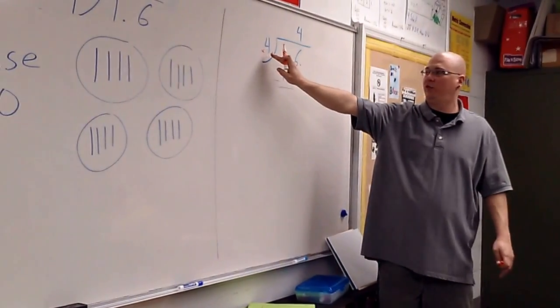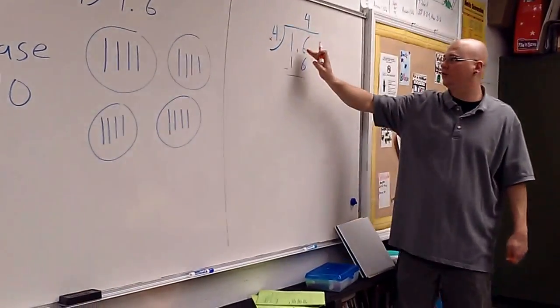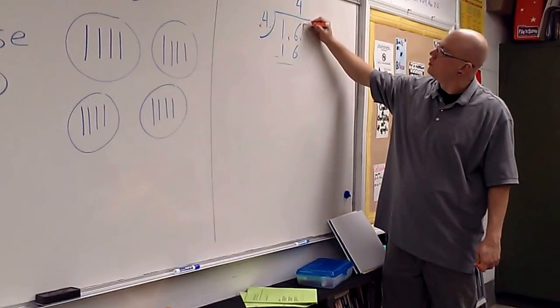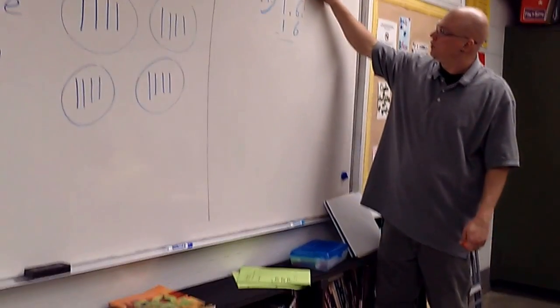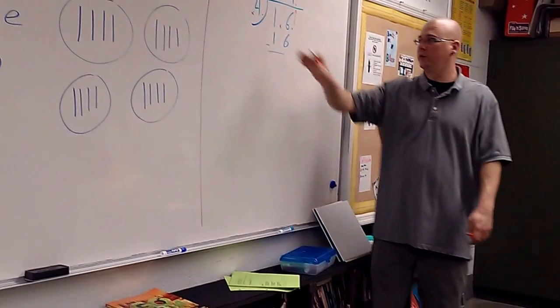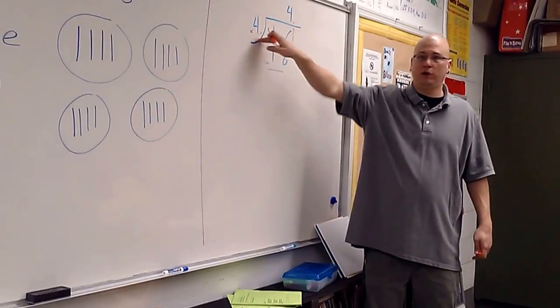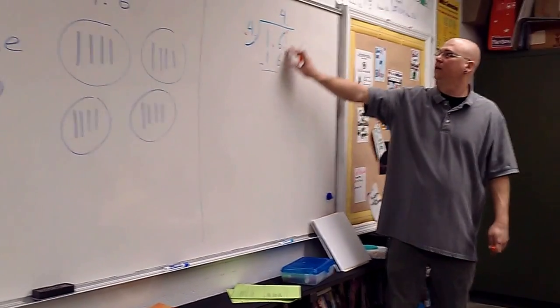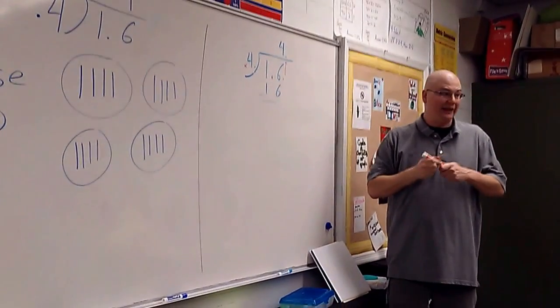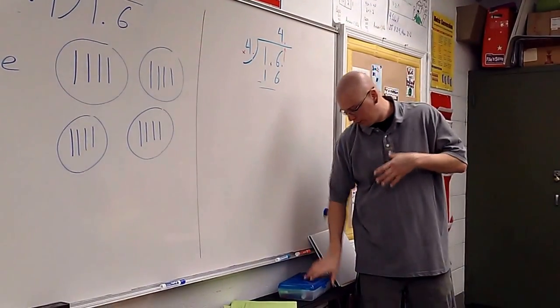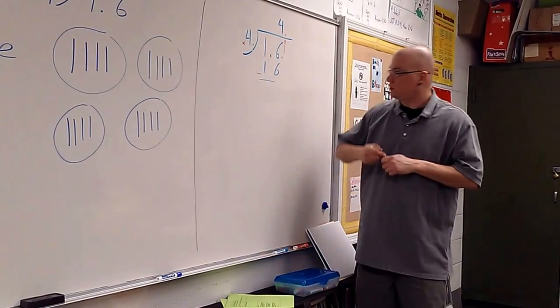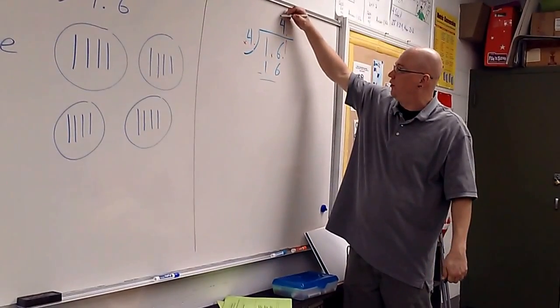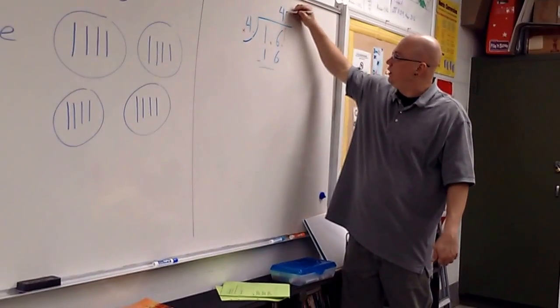Move it an equal number of place values. We moved it over one place, now we move it over one place, and then we move it up. We move it to make a whole number, we match the same number of place values on the inside, we move it straight up. It is really, really, really important when we are working with division of decimals by other decimals that we keep these